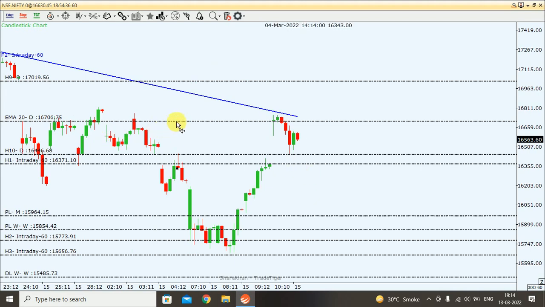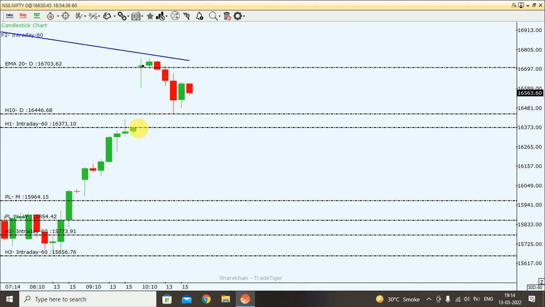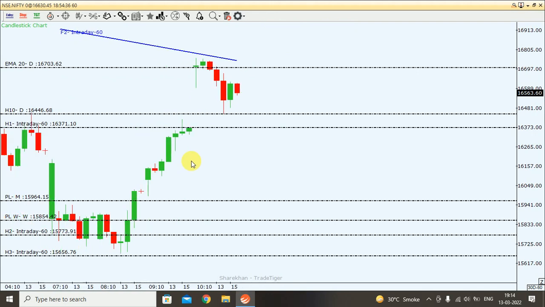And again, if the 16,700 high is broken on the upside, then definitely we can put a stop loss of 50 points, and our target will be big on the upside because we may get a target of 300 points on the upside. Okay, the risk to reward on the upside is good. On the downside, the risk to reward is less, and it may happen that this gap may be filled and we may see an upside if it goes downside, or again it may bounce back and come upside, right? But if the low is broken and again if the gap is filled, again if it starts trading below this 370 level, then again we will go downside.